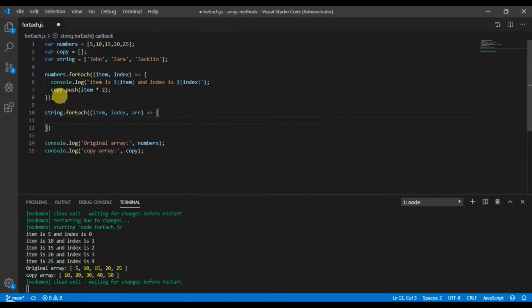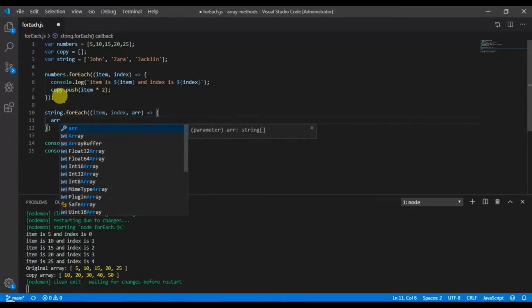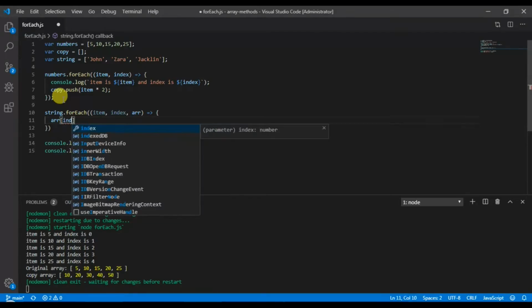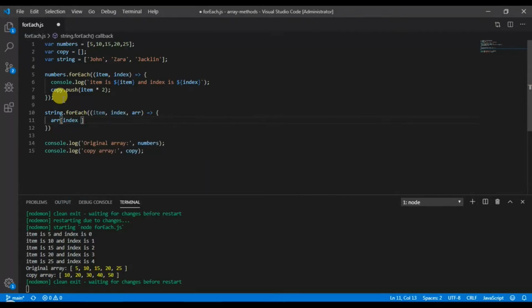Let us play with the string array in the arrow function. Here, array of index means we are referencing the string array, and index would be something that changes for each iteration. For example, suppose index is 0 for the first iteration and index is 1 for the second iteration, and so on.